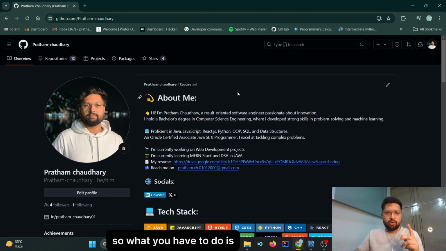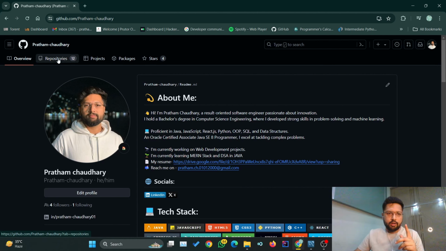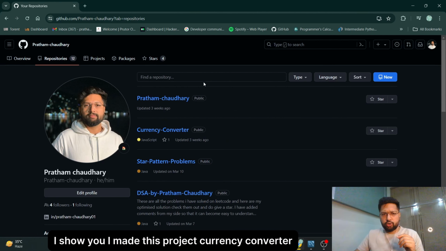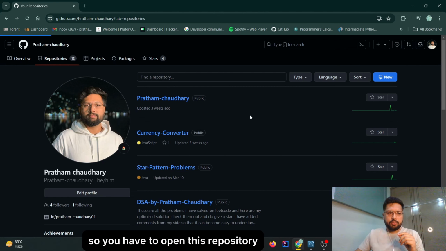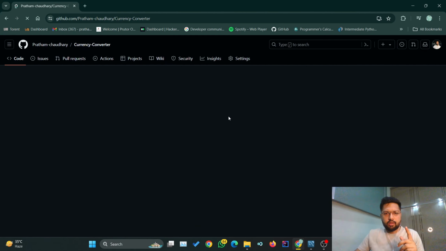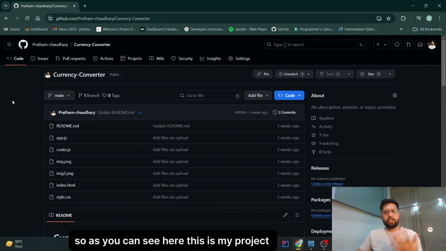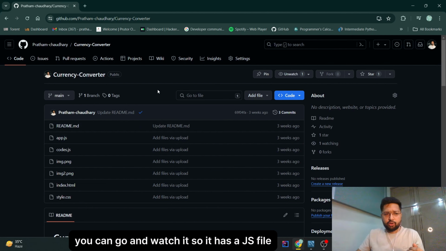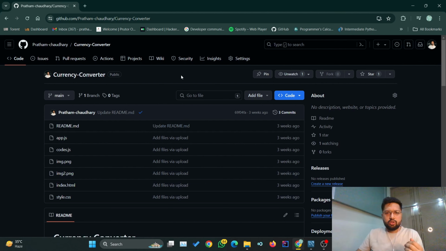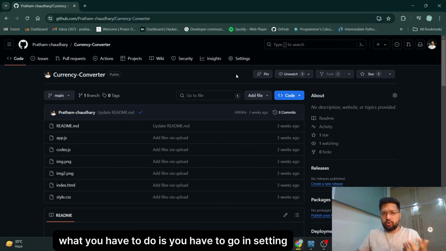So what you have to do is, you have to first go to your repository. Like here I'll show you, I made this project, currency converter. So you have to open this repository, and in this repository, as you can see here, this is my project. This is a currency converter project which I showed in the last video. You can go and watch it. So it is a JS file, HTML file and CSS file. So to host it, what you have to do is you have to go to settings,